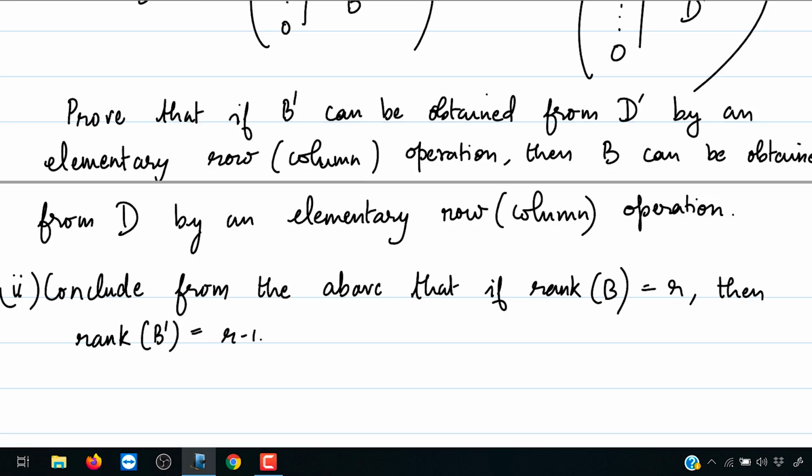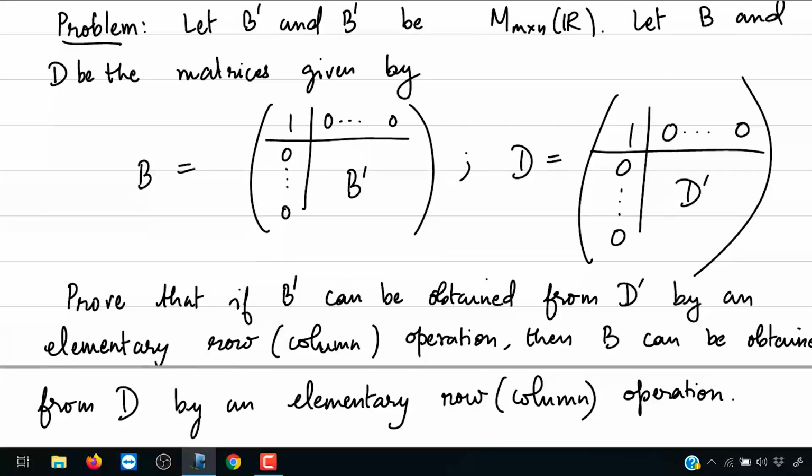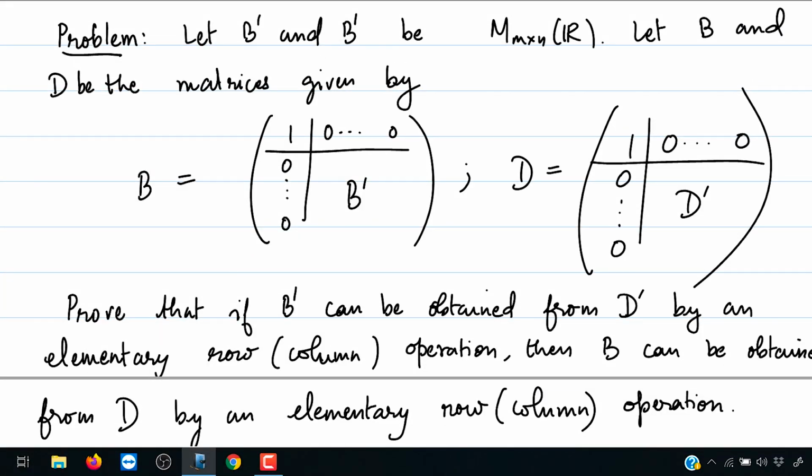So let's look at the problem once more and try to see what it says. The problem says that you are given two matrices. Let B prime and D prime be two M cross N matrices such that you get B prime by applying a row operation to D prime. Suppose B is obtained from B prime in this manner, and D is obtained from D prime in this manner, then we have